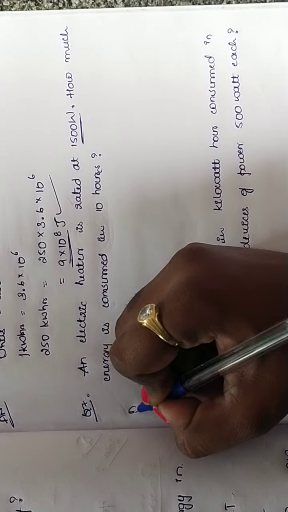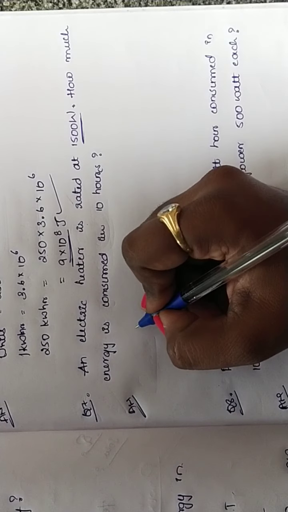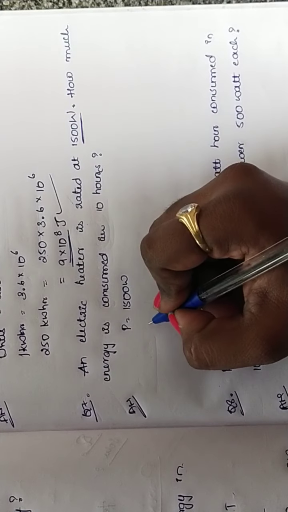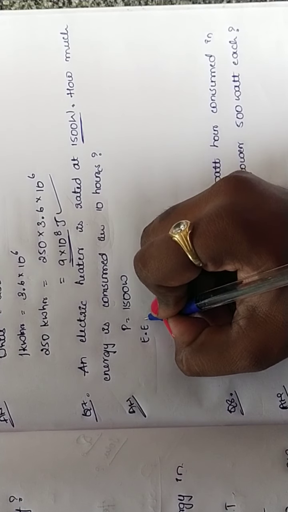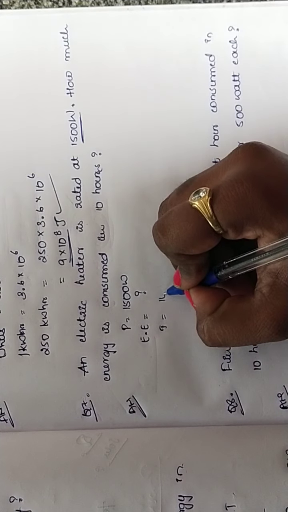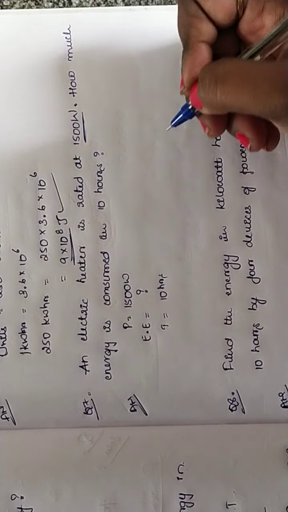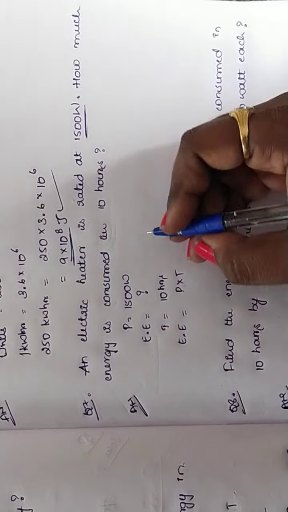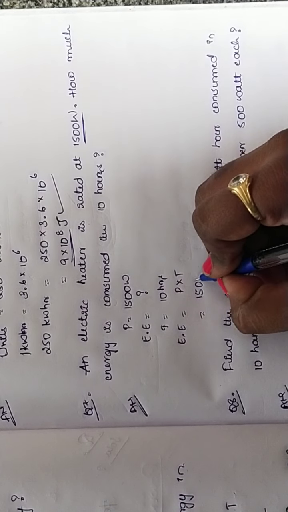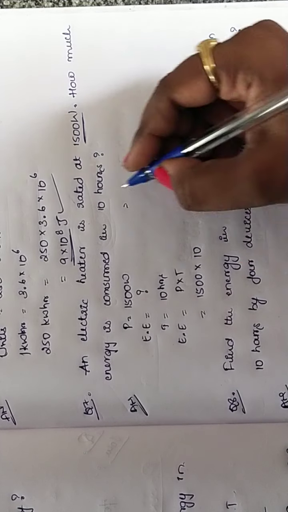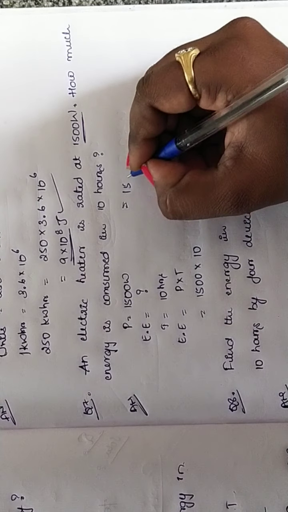So the data we have here is power is equal to 1500 watt. Electrical energy is equal to, we don't know that, put it as a question mark, and time taken is equal to 10 hours. So electrical energy is equal to P into T, the formula we have here. So that is 1500 into 10. What will be the answer? 1500 into 10, the answer will be 15,000